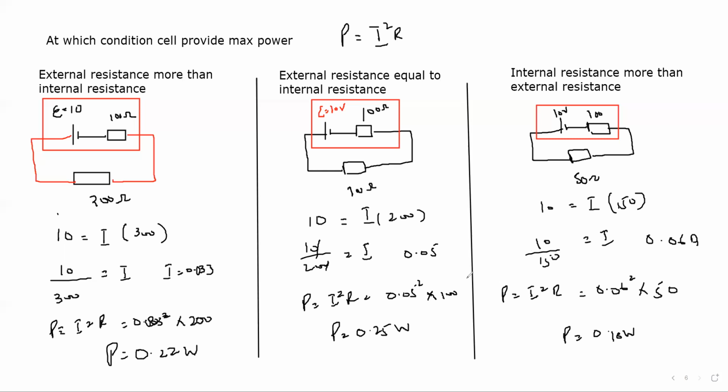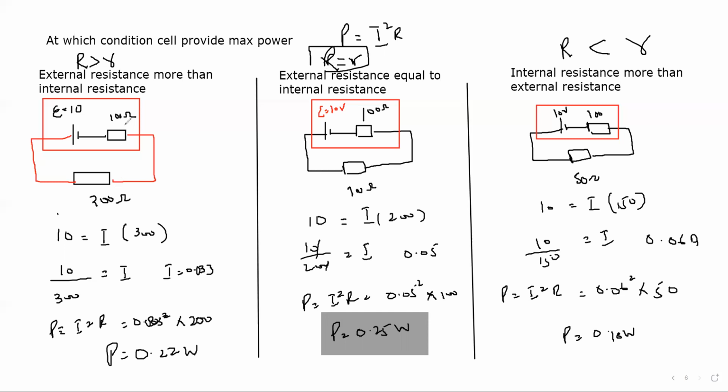So what it shows is the condition in which the maximum power is transferred. You can clearly see from this calculation, the maximum power is transferred when the internal resistance and external resistance have the same value. If the external resistance is higher, the power will transfer but a small amount. If the external resistance is less than the internal resistance, then the power will transfer but again a small amount. It is maximum when internal and external have the same value. Because